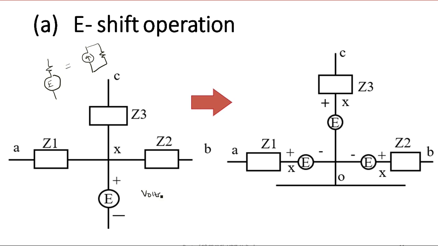So the voltage drop at X is nothing but E volts. Suppose if I assume something like 5 volts, so this will be 5, right? So I should make it convenient to change this network so that it will be suitable for source transformation. But keep in mind that we should not change the characteristics of the circuit. So how is it done?